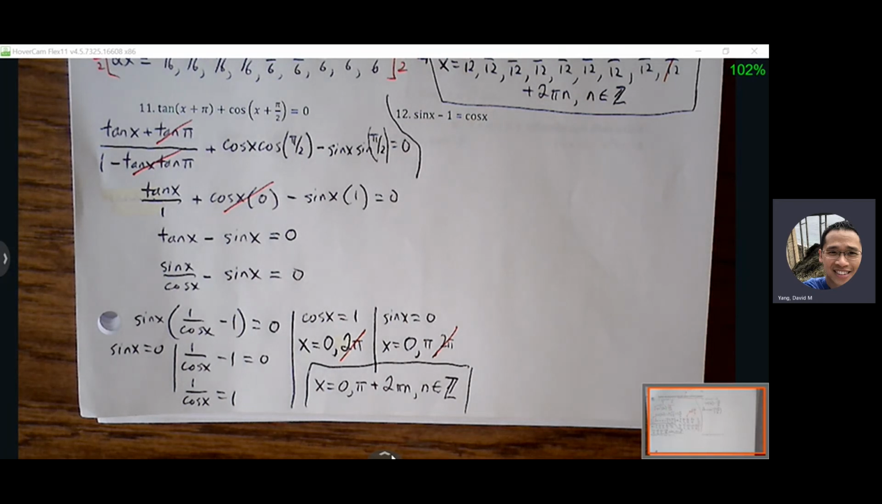I guess just because the n has that 2 pi n, that covered it already. I don't have to write it, but you did write it. If you did write it,